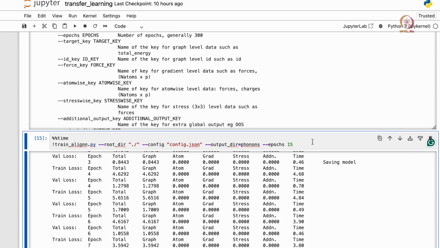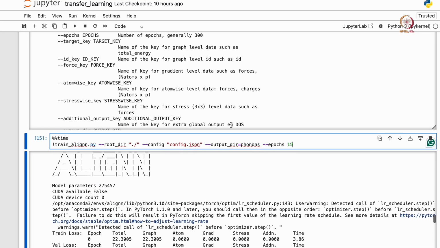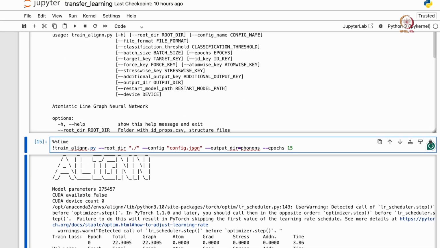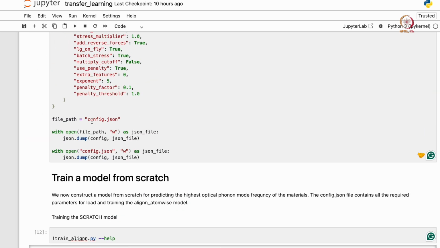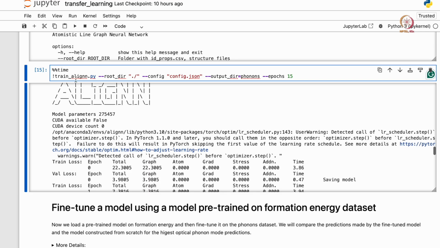So we will start the training process. I stored the training configuration before in this config.json file, and now while calling train_alignn.py, I will give this configuration as input. I will specify the output directory and the number of epochs I'm interested in running.